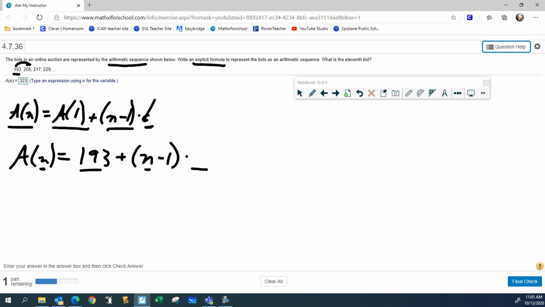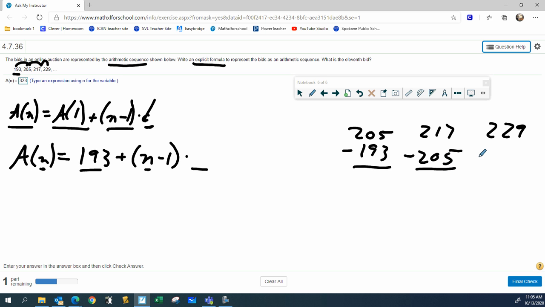And so we need to find the difference between terms, and we do that by taking one term and subtracting the term prior. We can do that as many times as we would like, and if it is an arithmetic sequence, we will get the same number